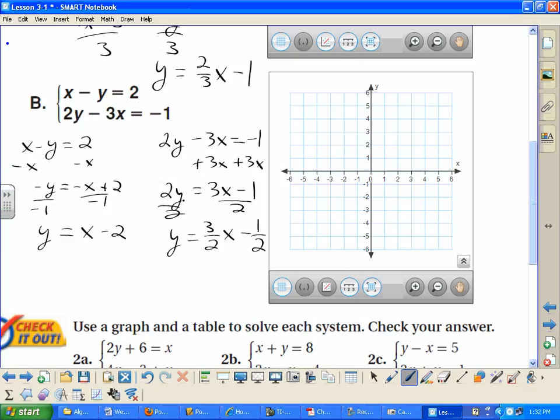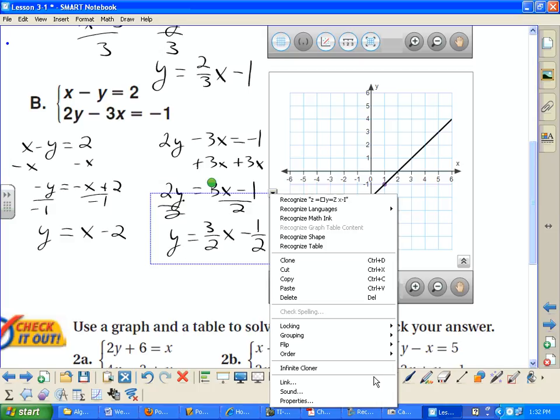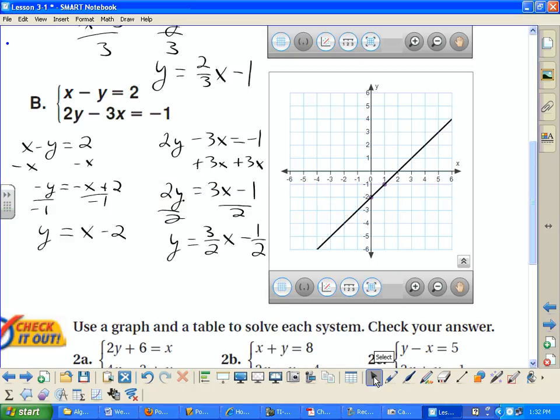It's up to you. It's personal preference. So then I'm going to graph the lines. For y equals x minus 2, we have a y-intercept at -2. Slope of 1, so we go up 1 and over 1. And then for the other one,